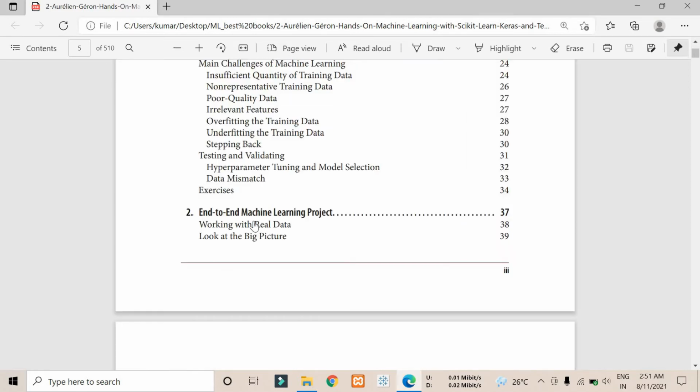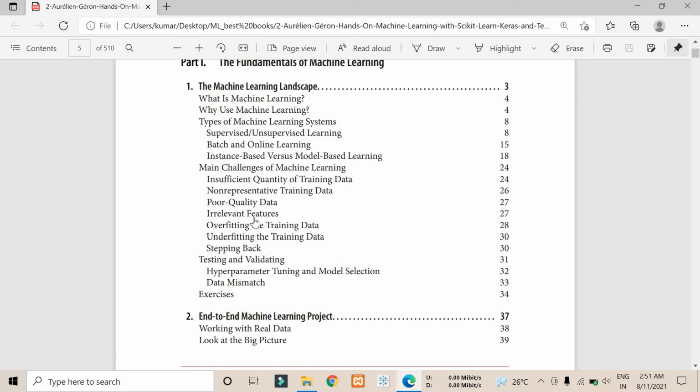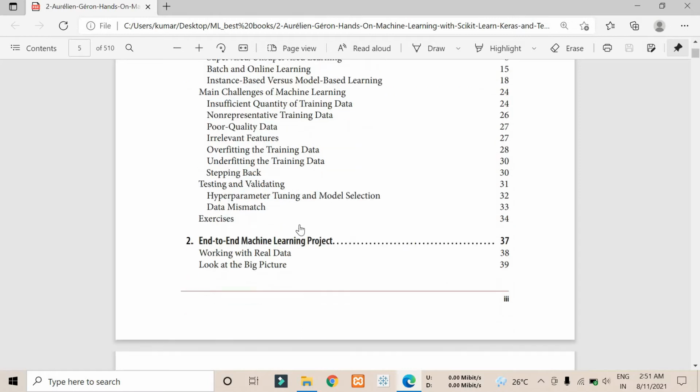If you want to understand chapter 2, you have to understand the whole book first of all. In the first chapter they have given some basic terminologies in order to give you a basic understanding of machine learning. I have covered all the terms in the first part of the video, so you can go and check out that first video and then come back here to watch this one.